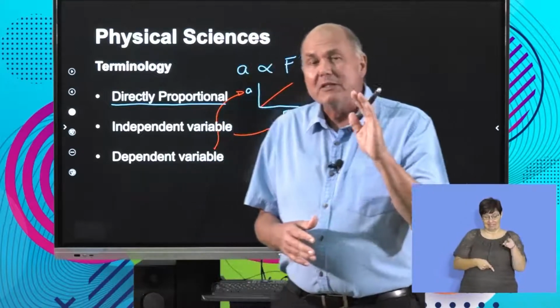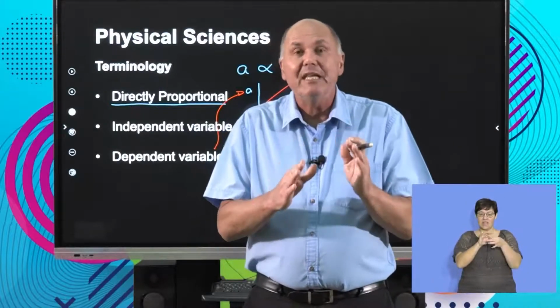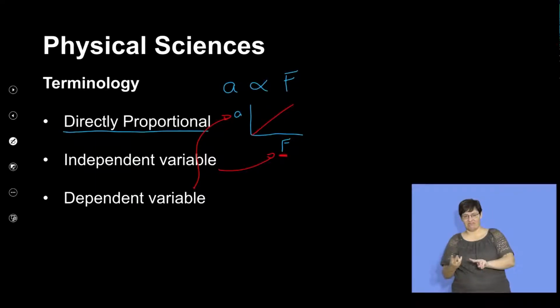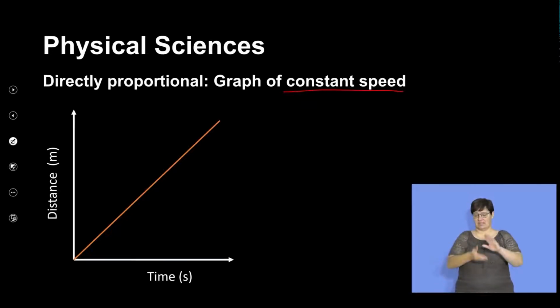Now, what's so nice about the directly proportional relationship is it's very easy to go from the graph to an equation. And we're going to show you exactly how that works. So let's take a very simple example that everyone is familiar with, an object moving at constant speed. I'm going to just illustrate what that looks like. That's the initial point where we're going to start the clock, and we're going to say time equals 1, then after a certain amount of time,